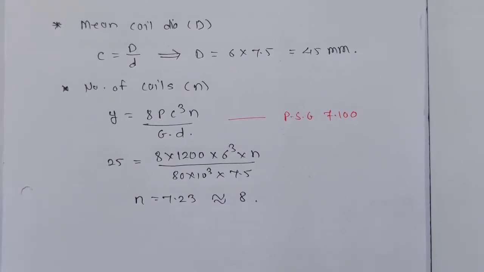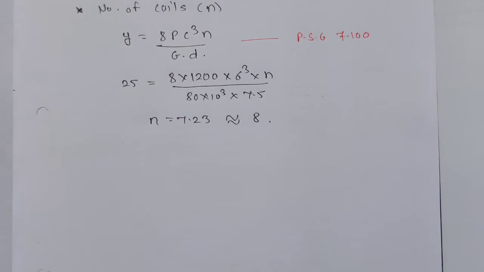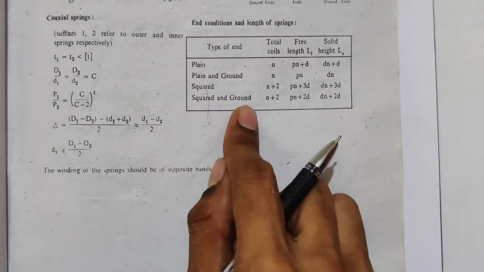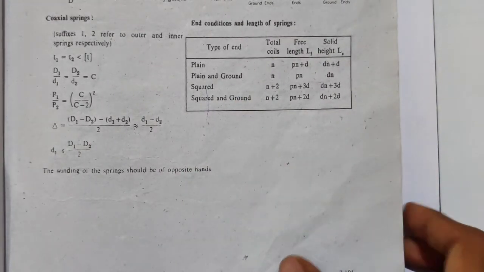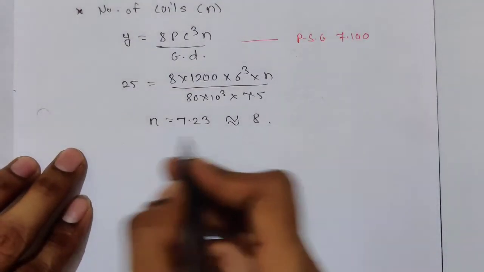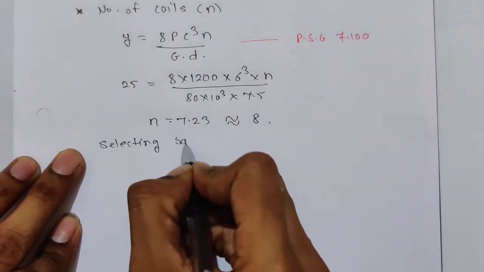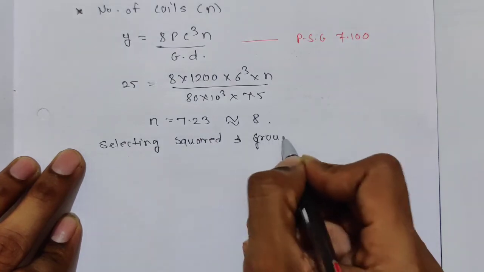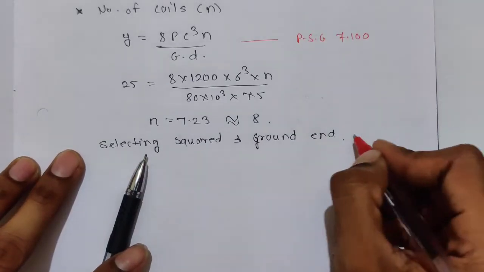Now we'll go for total coils. So which coil do we select? We select square and ground end. You know why we select this ground end? I have explained in the last video. It has advantages over the other three. So selecting squared and ground end. Okay, PSG